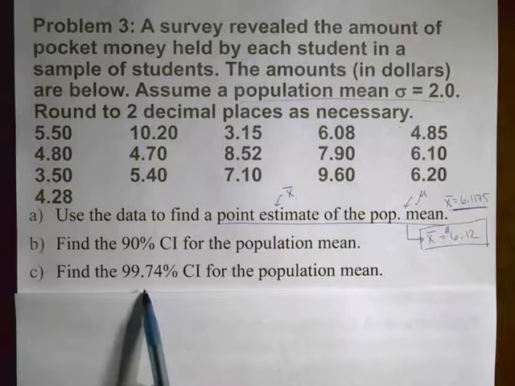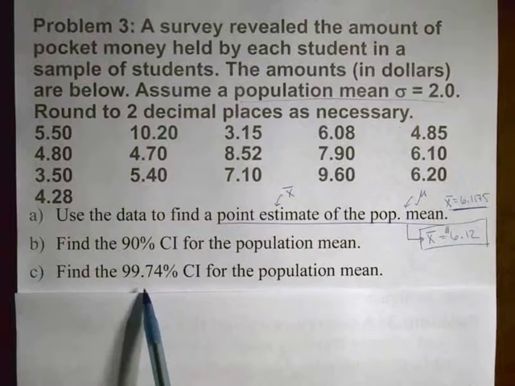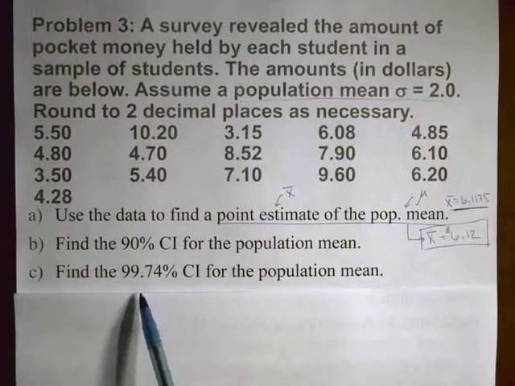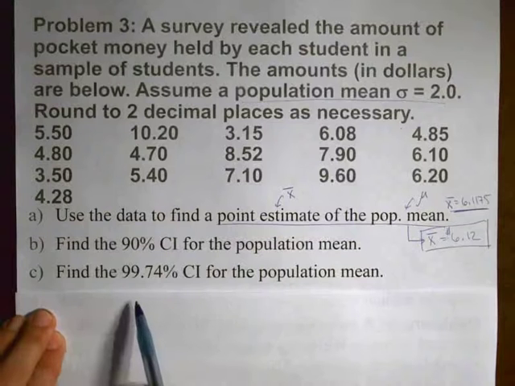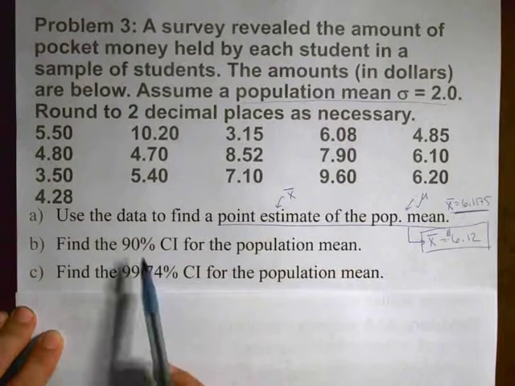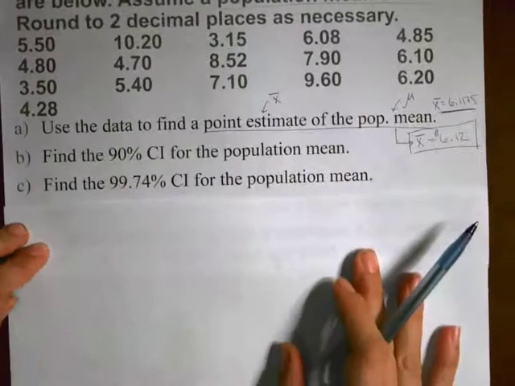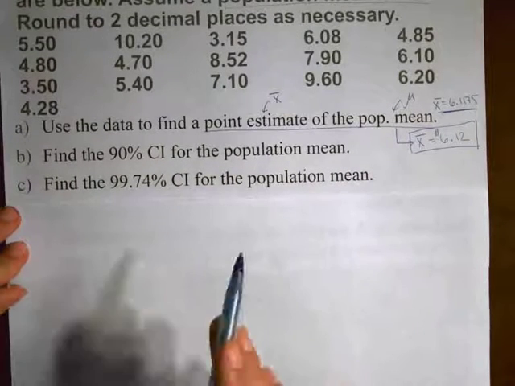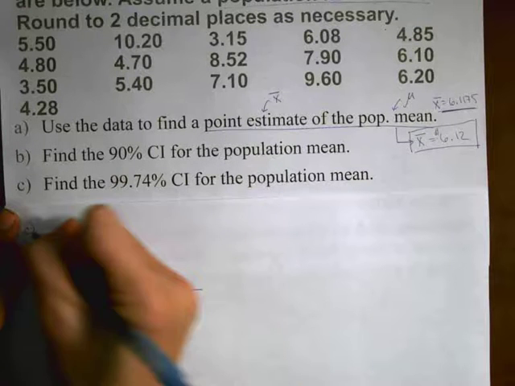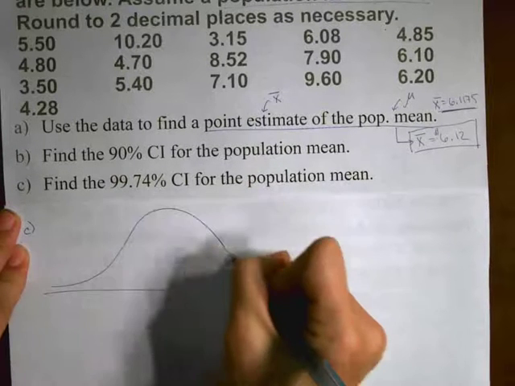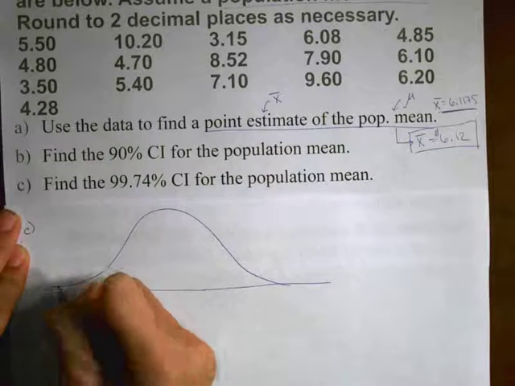So you might recognize this 99.74 as the number for the 3 standard deviations, right? 99.74% of all observations lie within 3 standard deviations of the mean. But let's say that we didn't recognize that. We can still get the right answer here going through the same procedures that we did for the 90% confidence interval. So I'm going to do the same thing that we did before, only